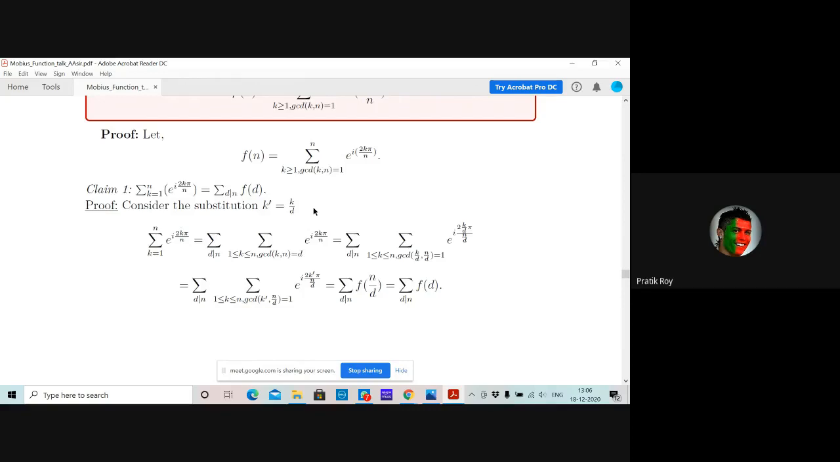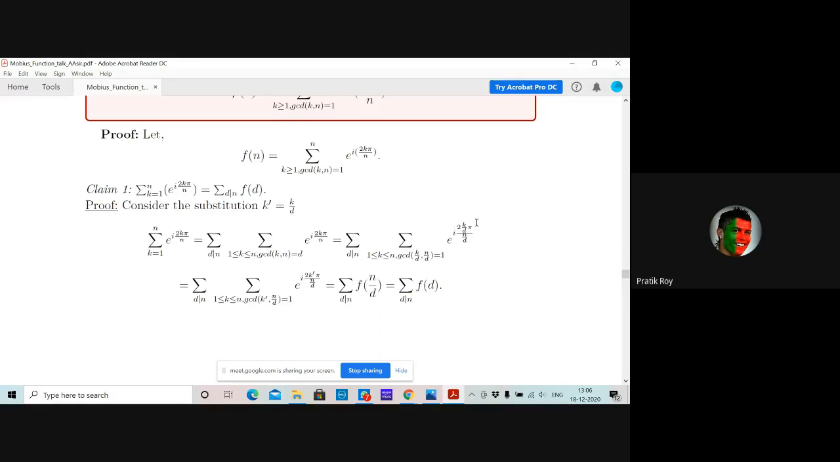Okay, so just grouping and then summing up, I get that the summation over d dividing n with GCD(k, n) = d of e to the power i 2kπ/n. Now, if k and n have GCD d, obviously k is greater than or equal to d because d divides k, so it must be greater than or equal to d. So I can say that this summation can also be written as GCD(k/d, n/d)